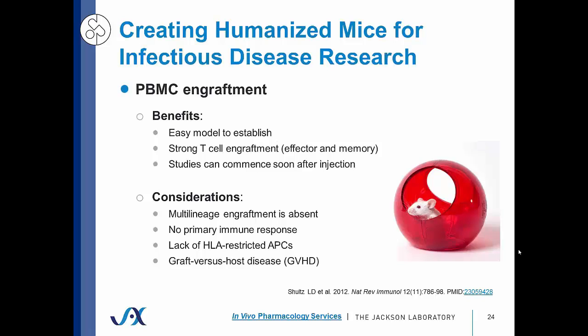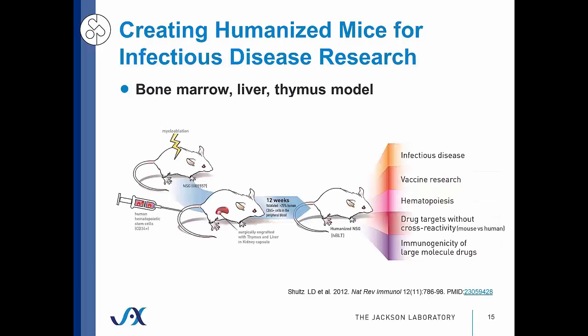peripheral blood. And finally, after about a month or so, these mice will develop GVHD, or graft versus host disease, and that's because the human T cells in the peripheral blood will recognize mouse antigens as foreign and mount a response. So an improvement on the CD34 NSG model is the BLT model, or bone marrow, liver, and thymus model,